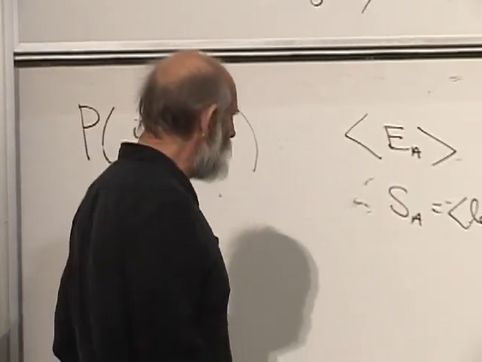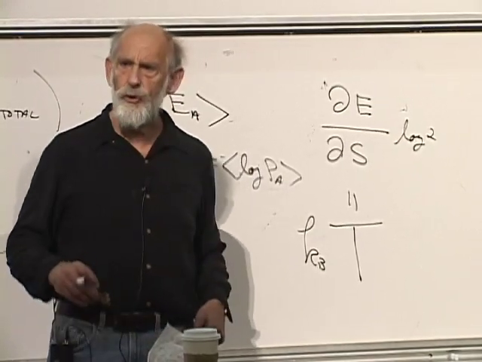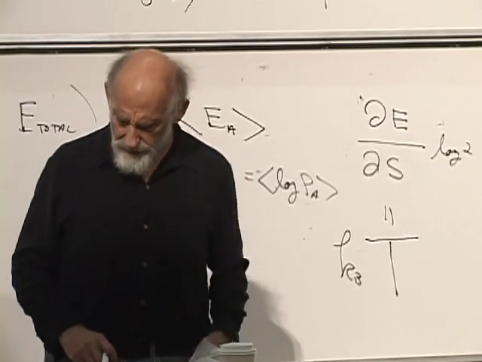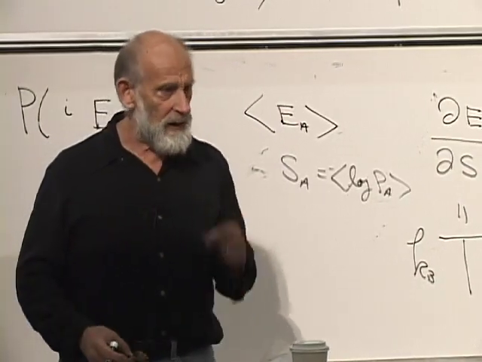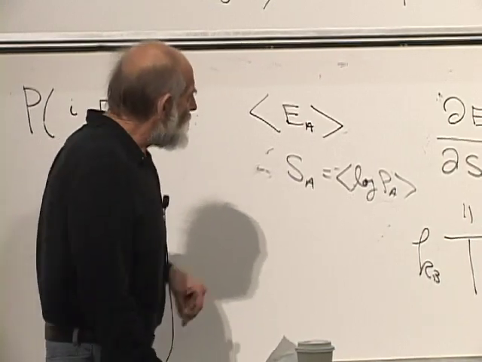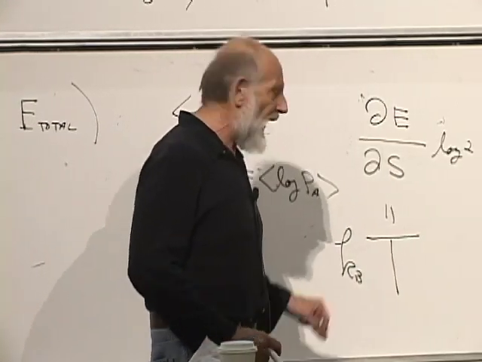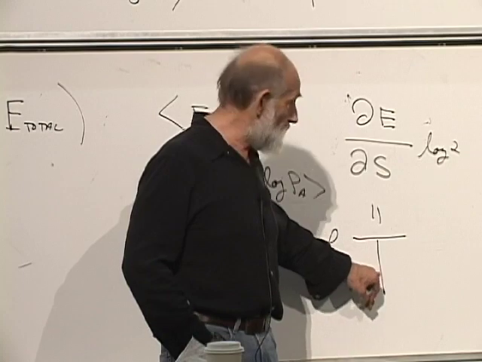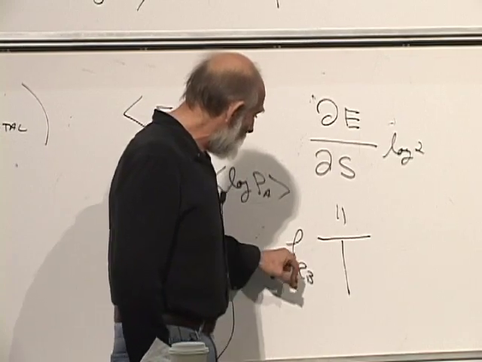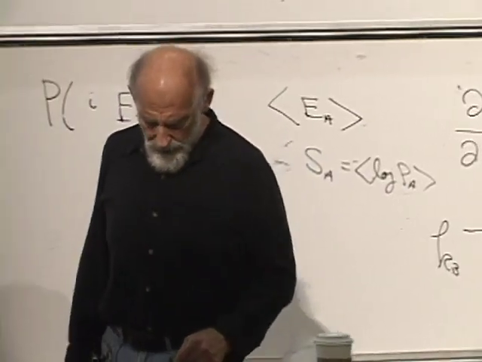But in ordinary units, which are what? They're joules per degree Kelvin. It's a terribly small number. What is it? Anybody remember? 10 to the minus 23. Right. Like the inverse of Avogadro's number. So it's a very, very small number. And this means when you erase 1 bit of information at a temperature T, this temperature, incidentally, is the temperature of the surroundings, you change the energy of the surroundings by a very small amount. So K is a small number.